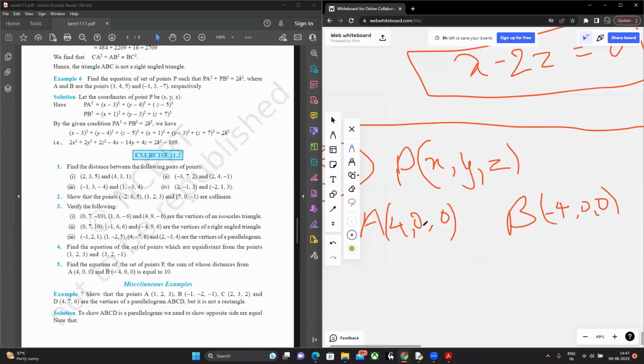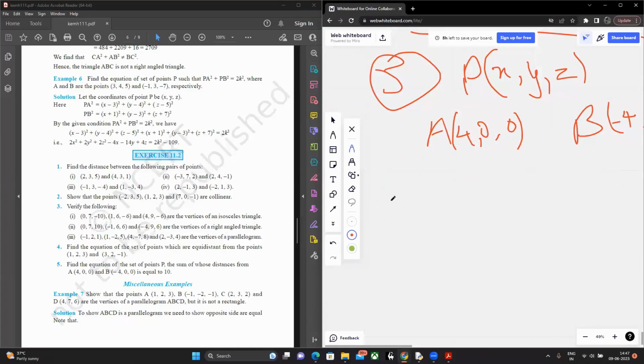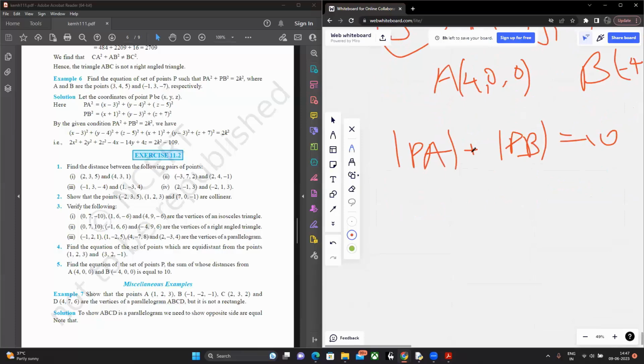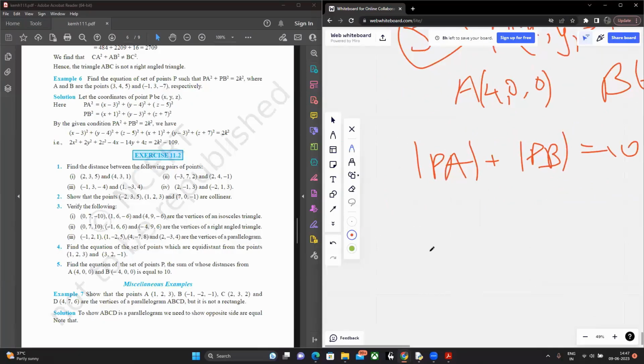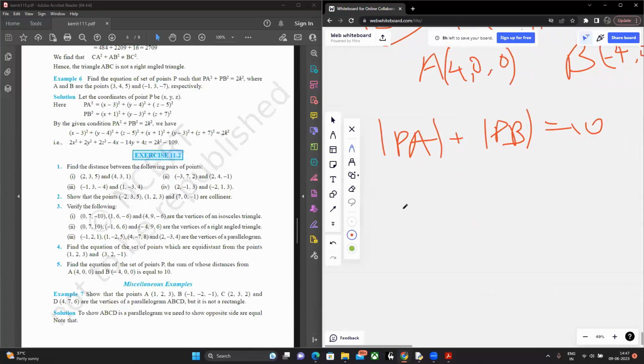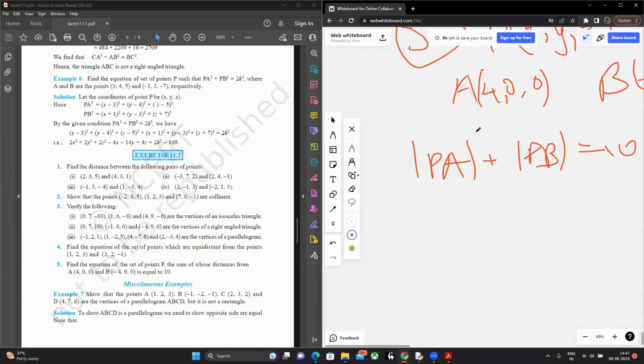Both these points lie on the x-axis. Right? Now you are asked for the points P such that mod PA plus mod PB is going to be equal to 10. Correct? So you have to use your natural skills. You have no other go, right? Figure out the fact that